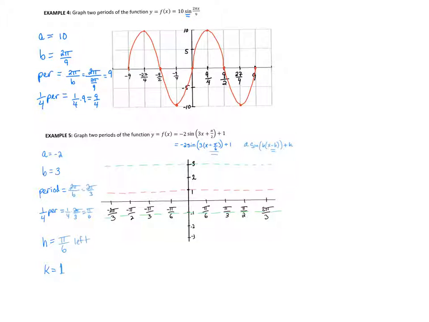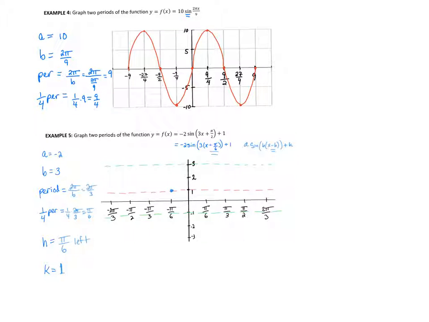Now the clutch thing here is that we're dealing with both an h and a k value, h being pi over 6 to the left and the k value being 1. So whereas our sine curve normally starts at the origin, we're going to be shifted pi over 6 to the left and up 1 unit. So this spot right here is sort of like our new origin. So we can put a nice big fat dot right there